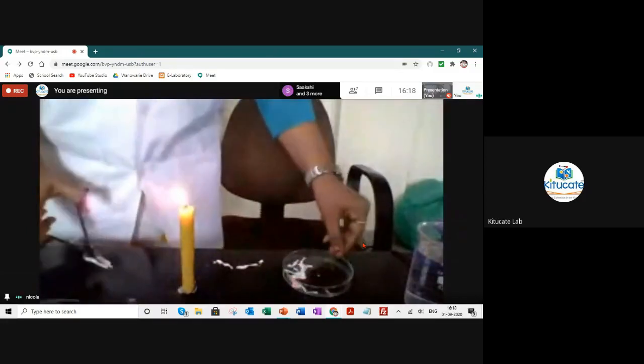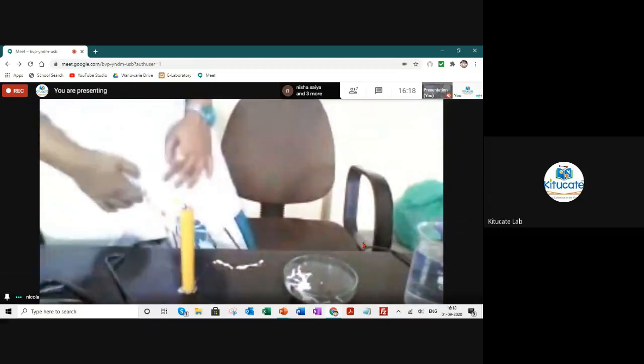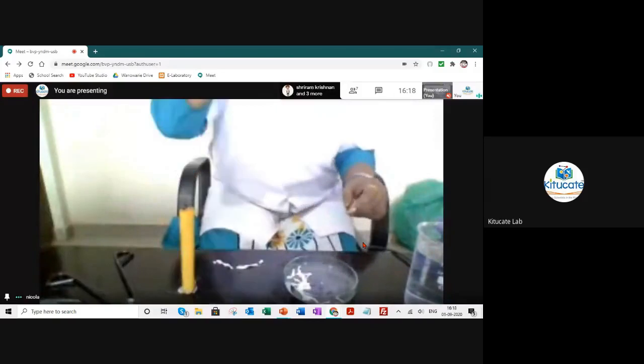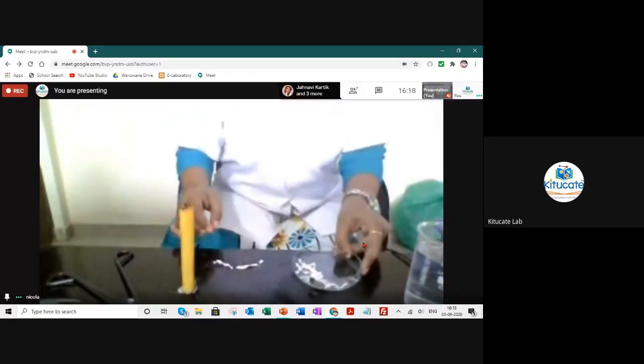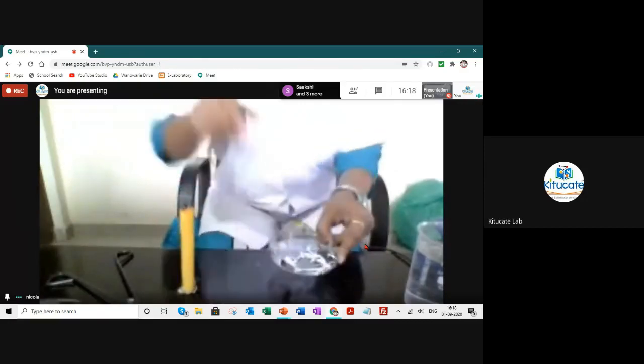Okay. So we have collected the ash in a petri dish. So this is how metal, so magnesium is a metal, and this is how metals react with oxygen. That means when we burn a metal, a reaction with oxygen takes place. Now let's see what ma'am has to show us after this. Okay. Can you see the ash in the petri dish? Everyone, can you all see it? Yes.